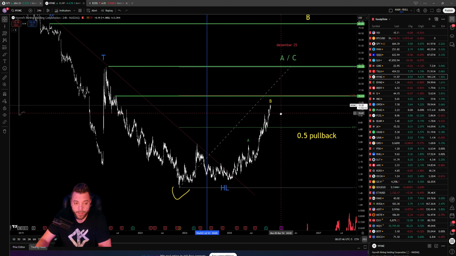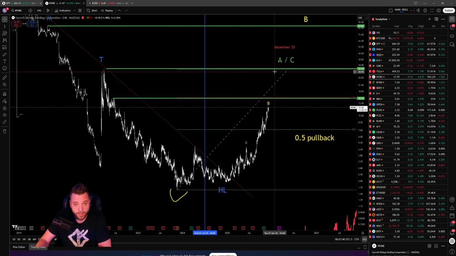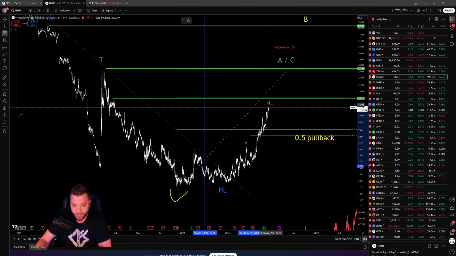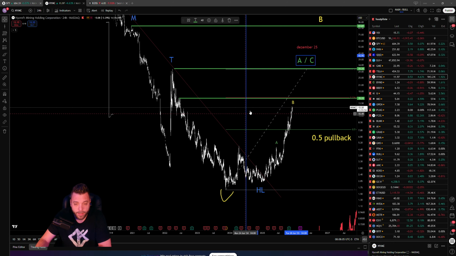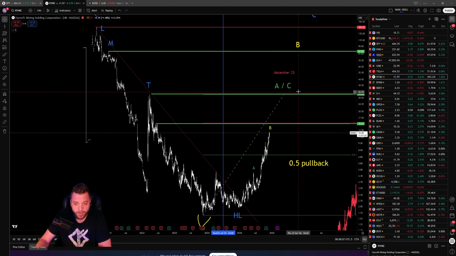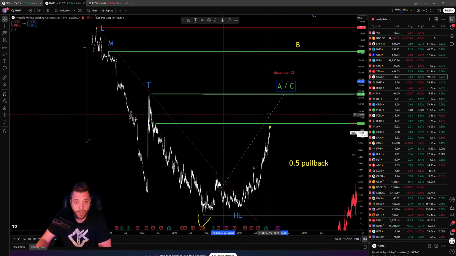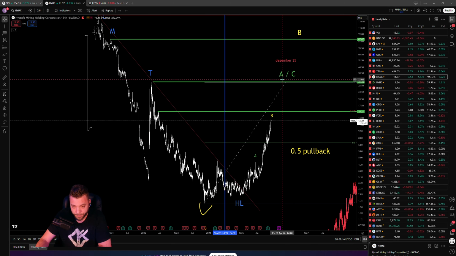Could be. I'm not playing this upside. If we're getting a 0.5 pullback here yet now at your B, that would be something, down to $6, then I would play this. If not, and we're just crawling up to our big A, because here at 31 is the T line, so somewhere in this range could be the big A, then I want to play this pullback and after that the upside, because whatever we're doing now till the big A,